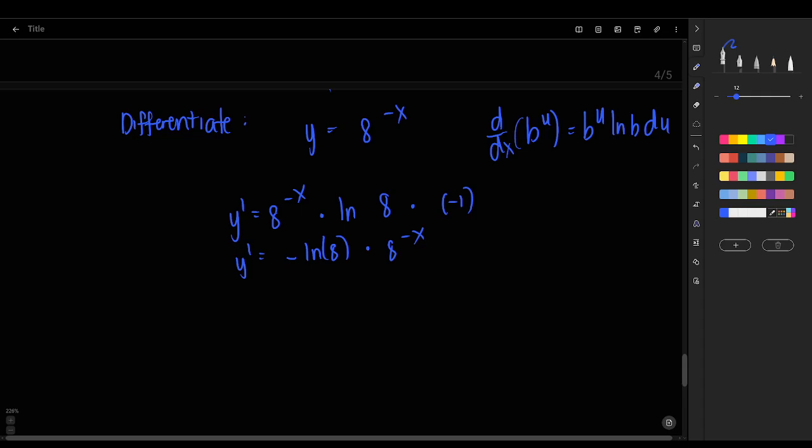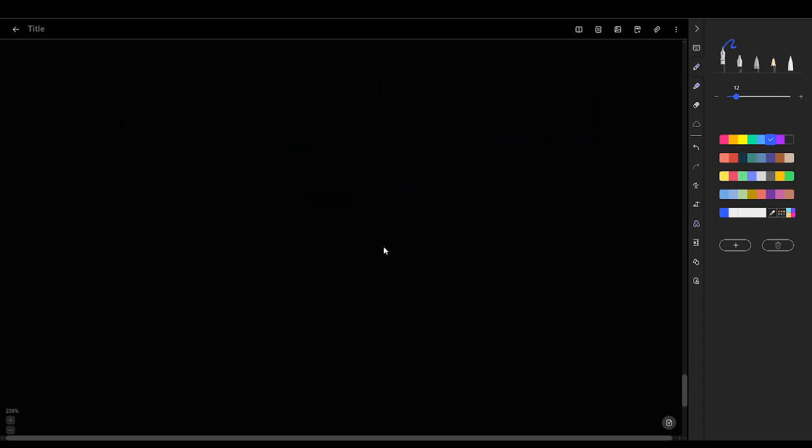So let's go to logarithmic functions. So yeah, how about this one? Let's differentiate or derive y is equals to ln of x cubed plus 1. Okay,